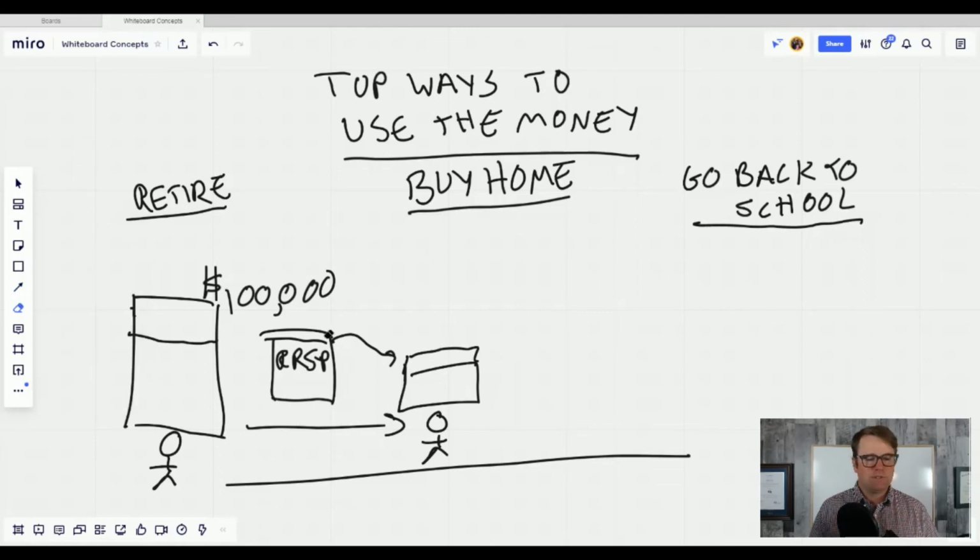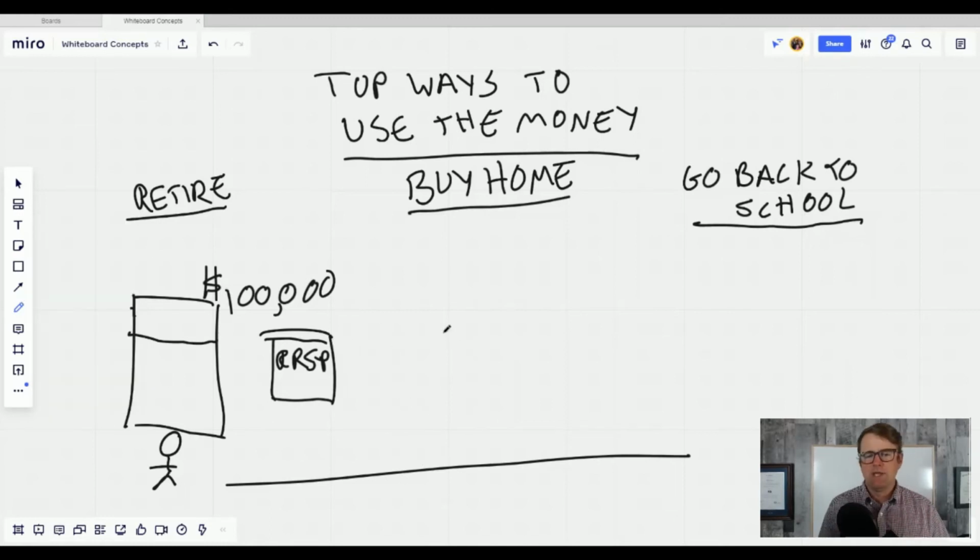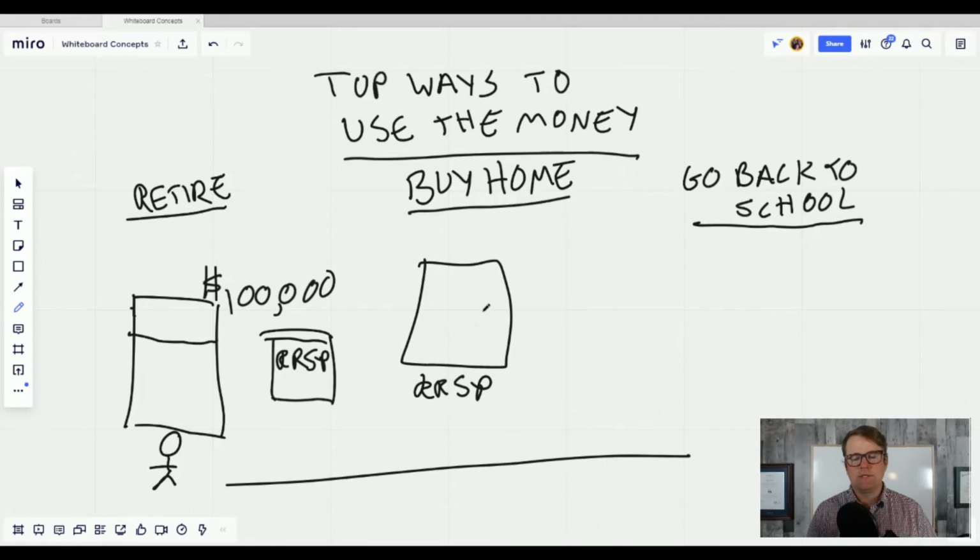Buying a home is another one. I won't go into tons of details around this, but if you're buying your first home, typically that's when you can borrow against it. So you've got your RSP, you can borrow against it to buy your first home. The idea being that,